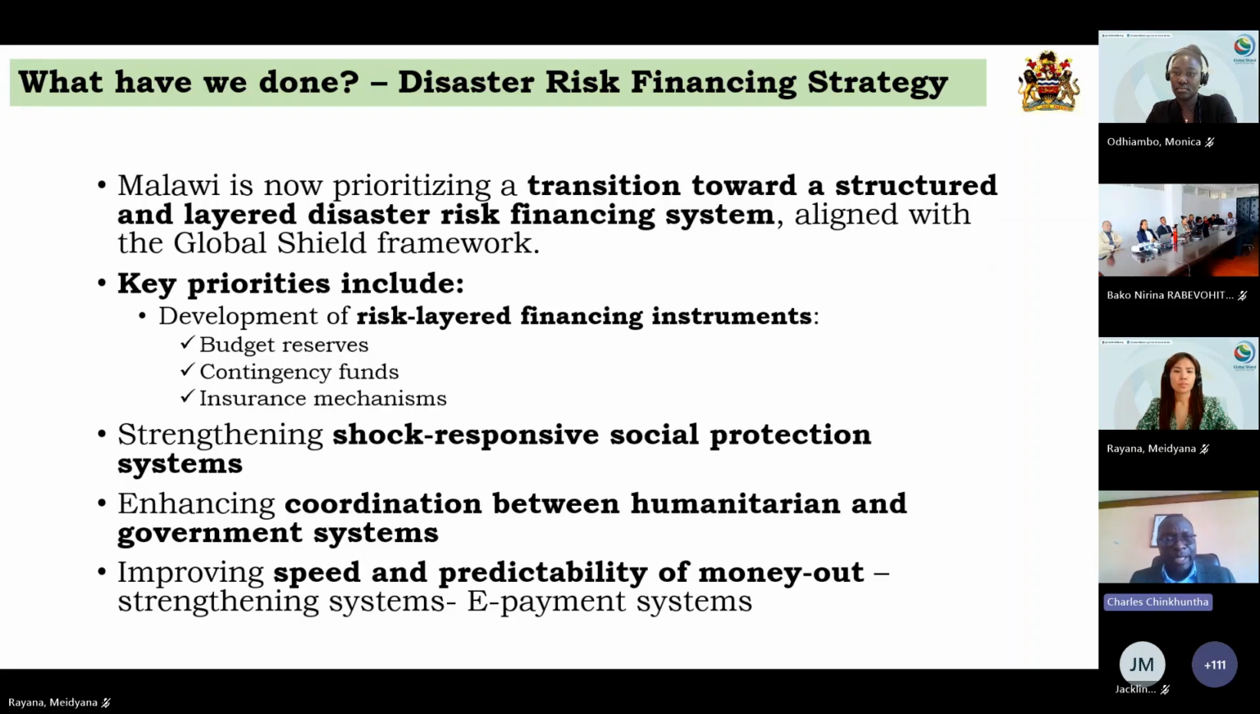So what have we done to at least mitigate against these things? First of all, we have come up with a disaster risk financing strategy, which is now a blueprint that would help the country to prioritize a transition towards a structured and layered disaster risk financing system. So we are aligned with a number of partners in this case, and our key priorities include the development of risk-layered financing